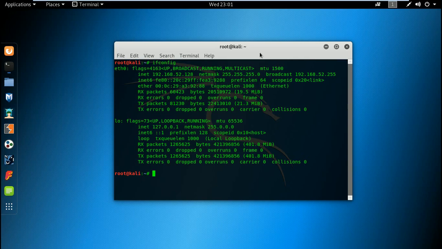So in the previous tutorial we have seen how to use the OpenVAS vulnerability assessment tool for information gathering and how to install that. And in this video we will be looking into Armitage, which is like a graphical version for the Metasploit